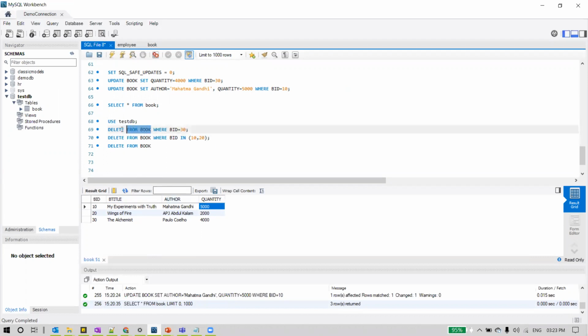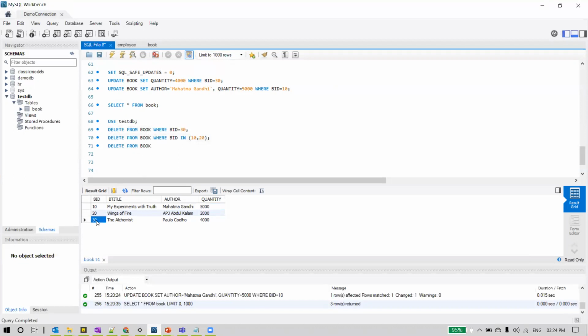Otherwise I would have executed delete from book. Delete is a keyword, and from which table? Book. If I execute only delete from book, all the 3 rows from this table will be removed. But we don't want that. We wanted to specify some condition, based on which the rows have to be deleted.